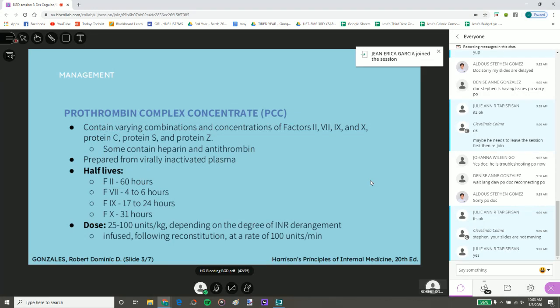So next, we've mentioned that among the managements given, we have PCC as well. This was extensively discussed a while ago already. It contains factors 2, 7, 9, 10, proteins C, S, and Z. These are vitamin K dependent factors. And the importance of giving PCC is that we must also monitor for